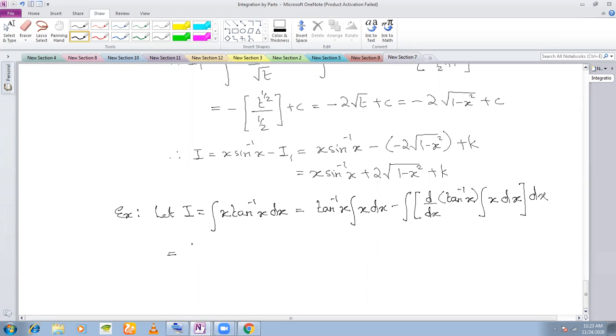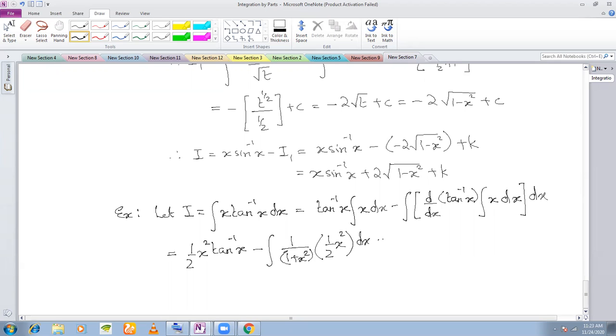So this is half of x square tan inverse x minus integration of d by dx of tan inverse x, which is 1 by 1 plus x square, and the integral of x dx is half of x square,